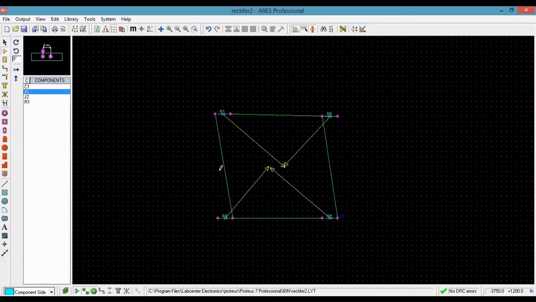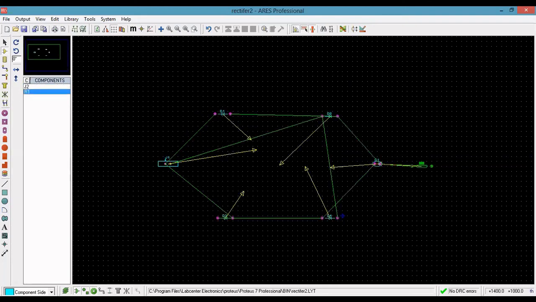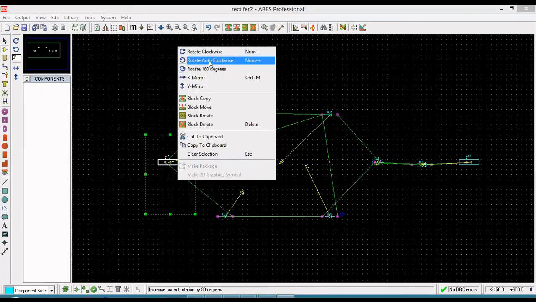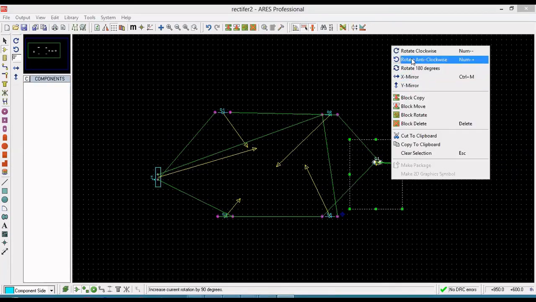Next one is the connector. Next one is the capacitor. Next one is the resistor. Last one is the output connector. Now you rotate this one. Also the resistance you have to rotate, the capacitance you have to rotate.